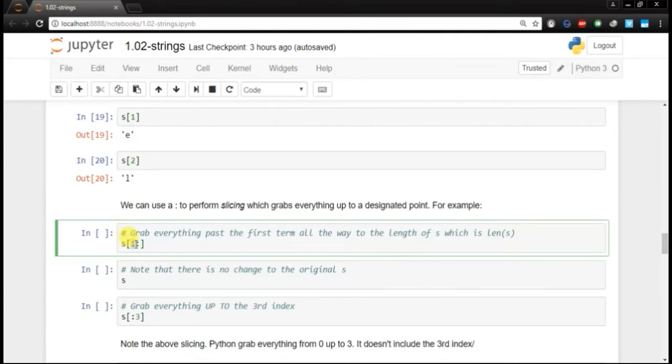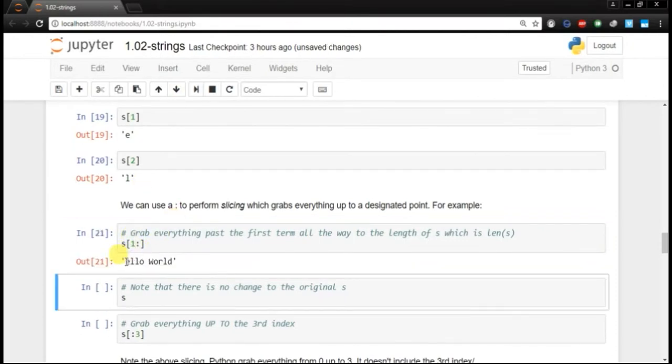So here we show that the string will return the sliced string starting from index one to the length of the string, as we have not given our designated point here. So the string will be sliced from the first index to the last of the string. When we run it, only the 0th index will be left out, and starting from the first index to the last index will be returned. And we note that there is no change in the original s. So when we run it, our s